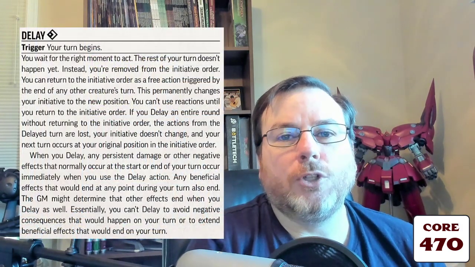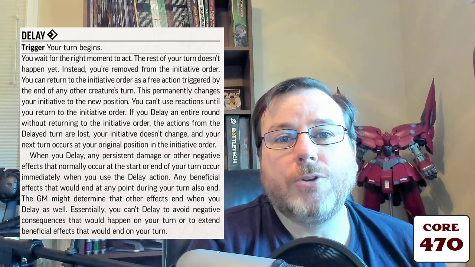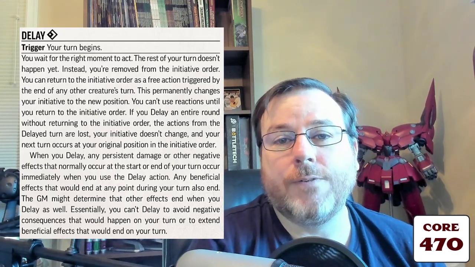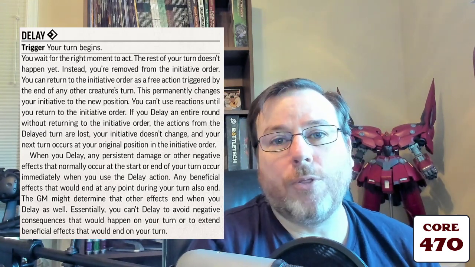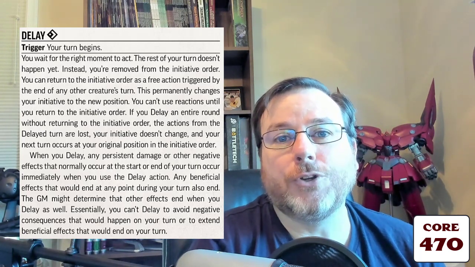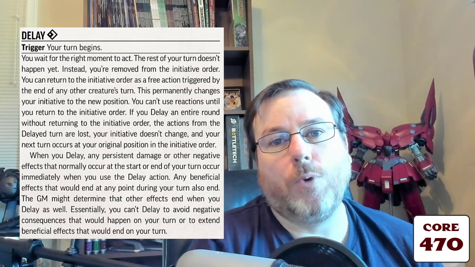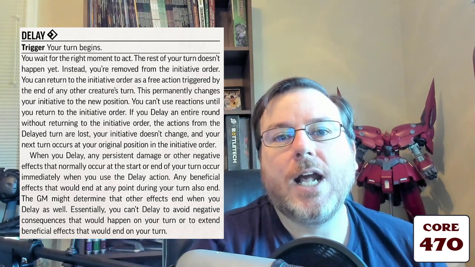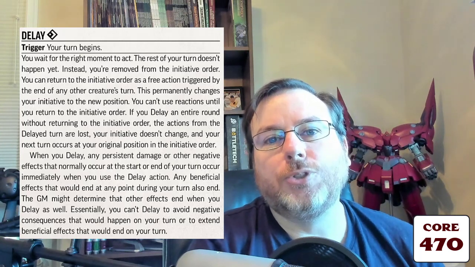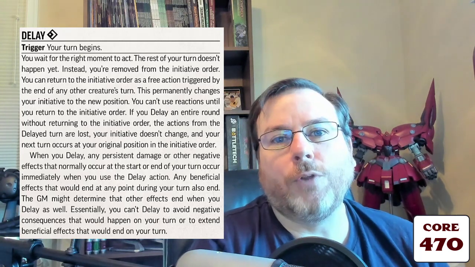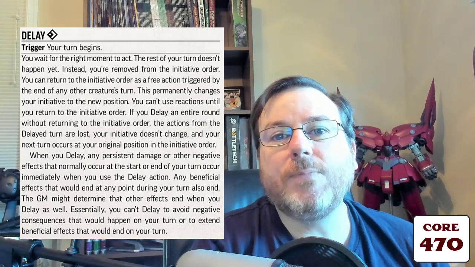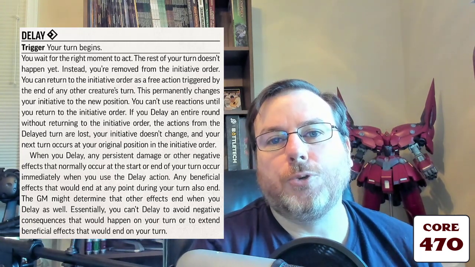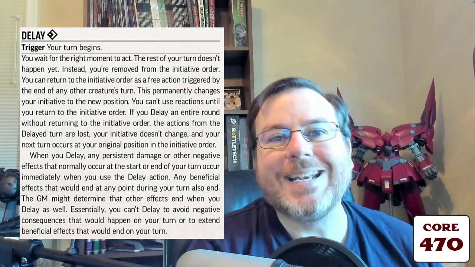Hey everybody, Dave here with another Pathfinder rule reminder for you, and today's topic deals with the delay action and a couple of perceived loopholes when using delay. The first of those is using delay to put off negative effects from persistent damage or any other effect that's going to occur at the end of your turn. So for example, if you're suffering from poison damage or from acid damage as persistent damage, and it's going to occur at the end of your turn, the argument is you use delay to the very end of the round, and that gives all of your allies more time to do something to remove that effect, to cure you, to prevent that damage from occurring.